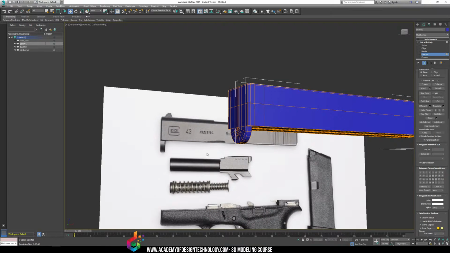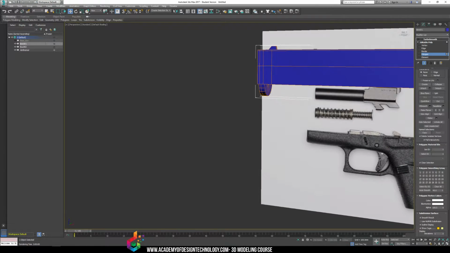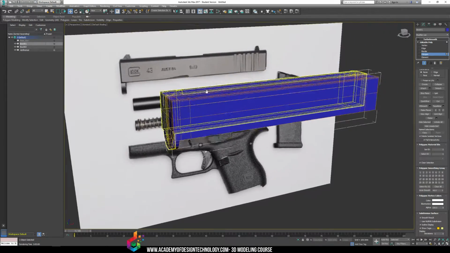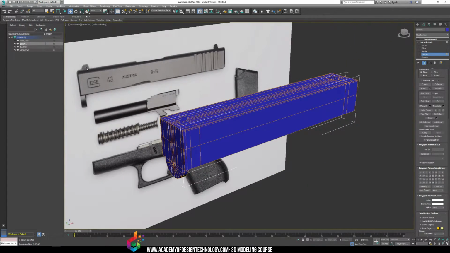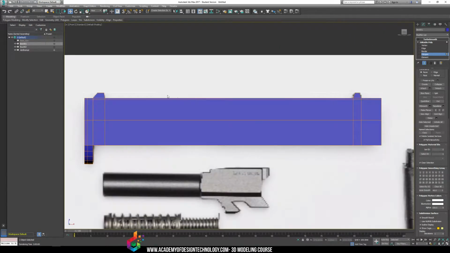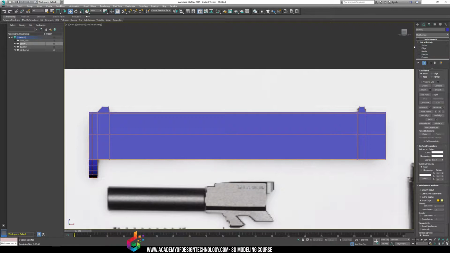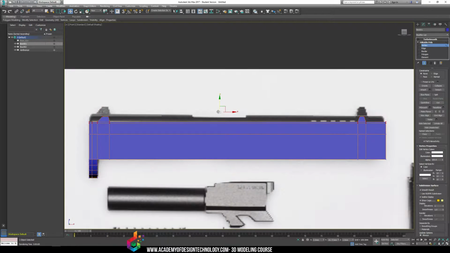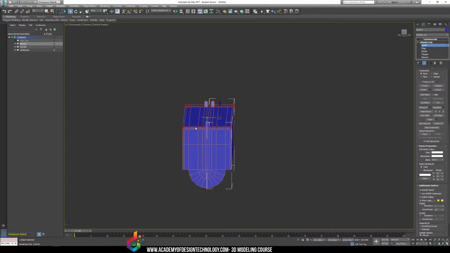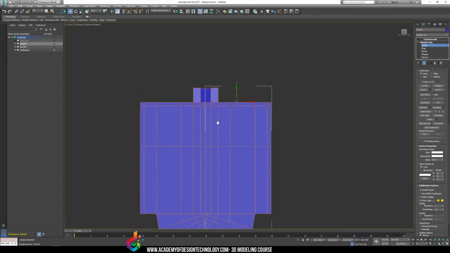Yeah, I gave you this Glock because it is a lot less detailed than other Glocks. So you should be able to come up with something. And even here, you can see it's more rounded at the top too. So an easy thing to do for this Glock would actually be to lower it slightly. And then from our edge loops that we've created, we can go to the left view